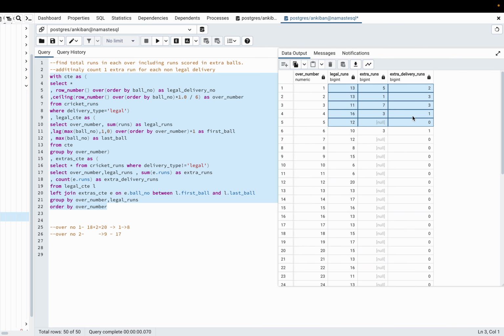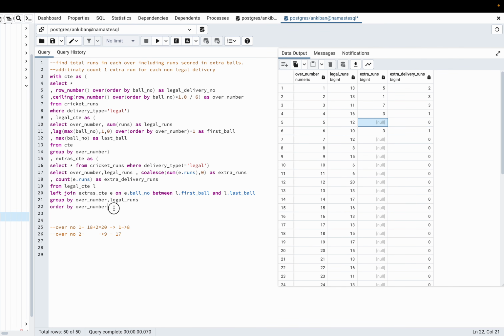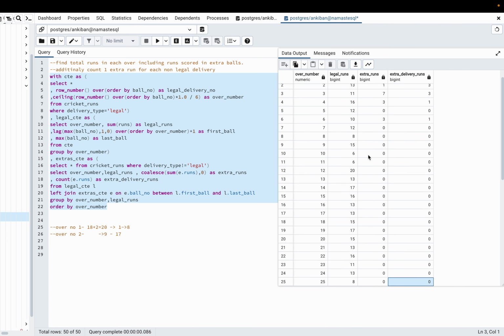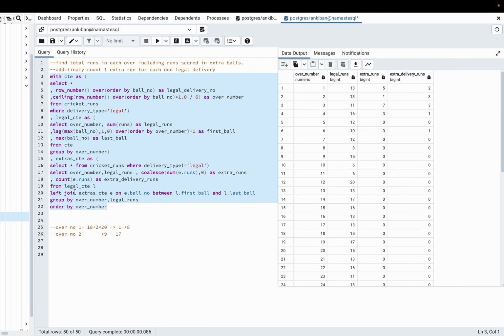But another thing is there is null. This can create an issue. So when I am taking extra runs, I will use a coalesce function that if it is null, converts it to 0. So I will say coalesce, 0 as extra runs, right? So if I run this again, I have got the required things. Everything is 0 or some value. Now there is no null problem. I can just sum it all and that is it.